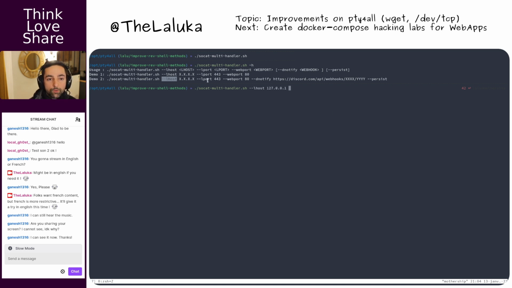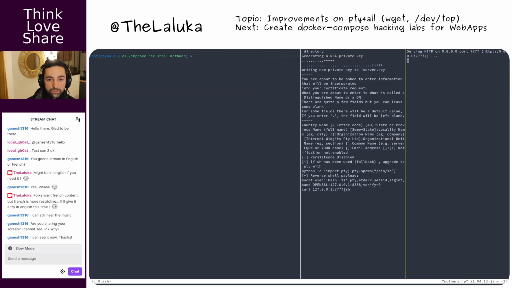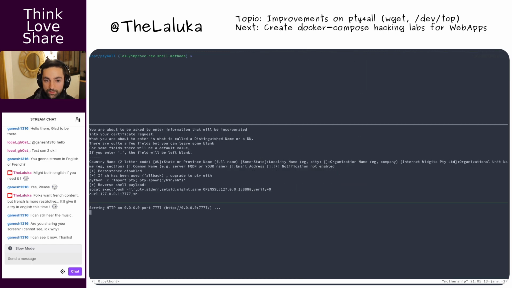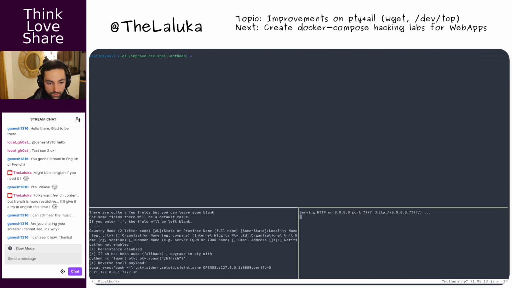My local port will be, let's say, 8888 because I don't care much. My web port, the one where I will host my evil payload, will be set, and I want no notification nor persistency. So that's it, and we have something in a running state.